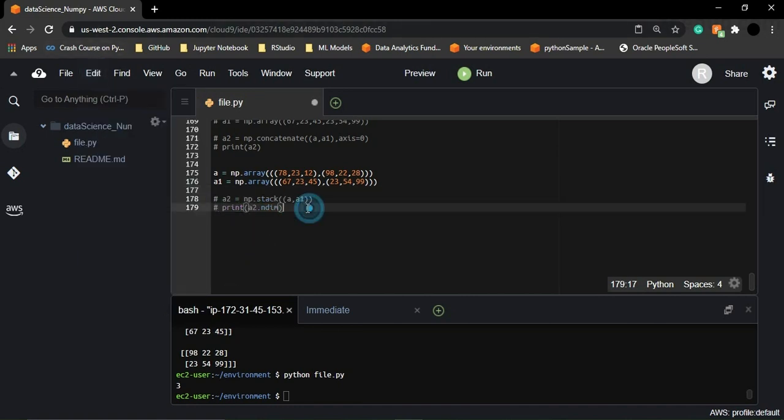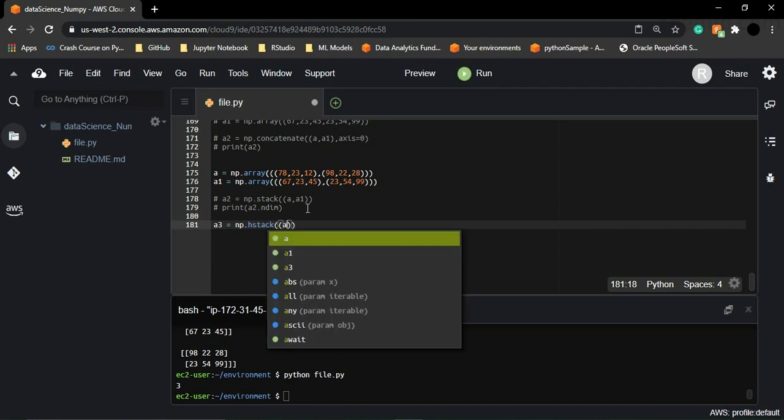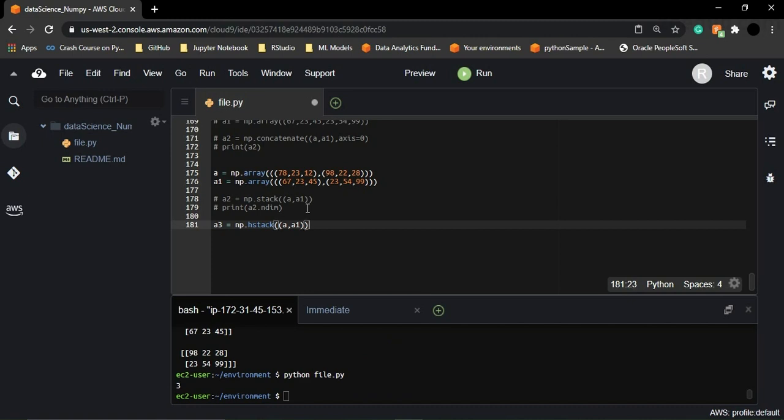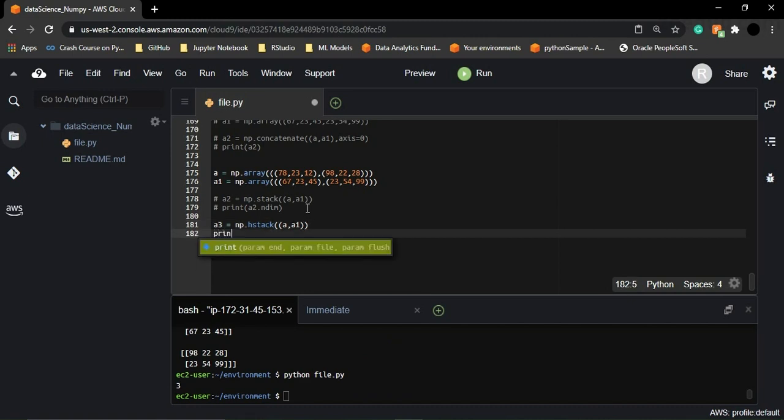Let's comment it out. In the array A3, we are just gonna stack it using the rows. For that we have a method called hstack. That's gonna take the two arrays, that is A and A1. Let's just print this A3,